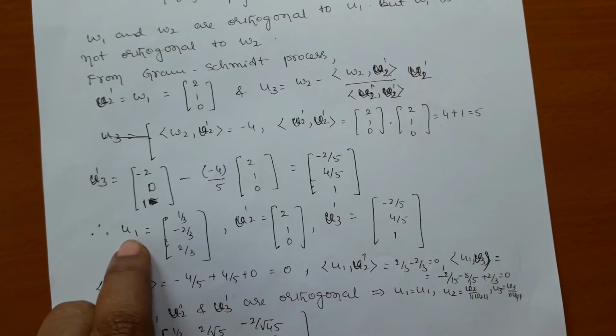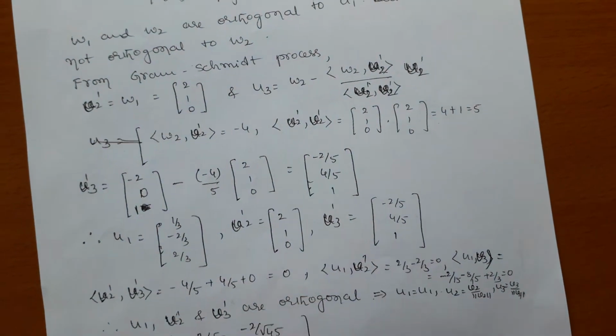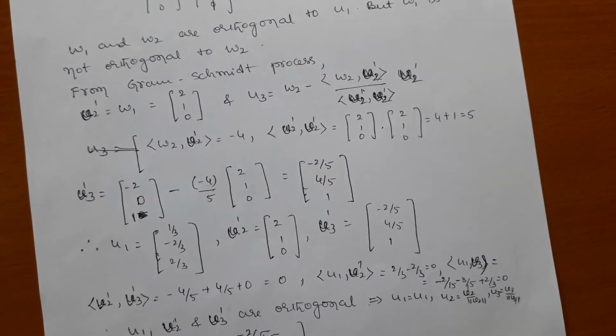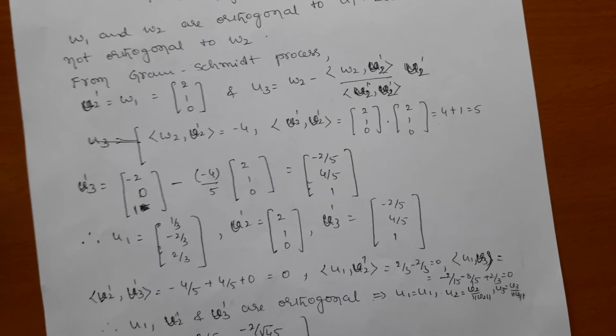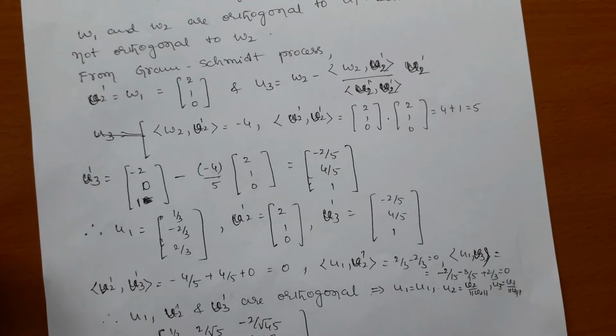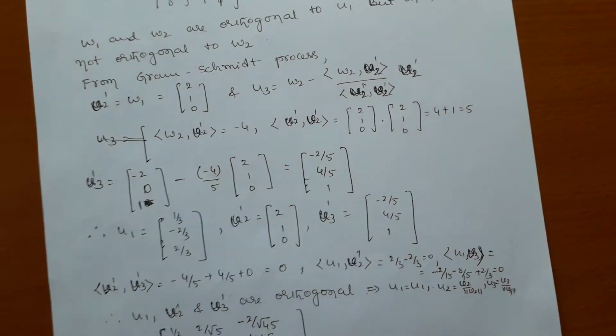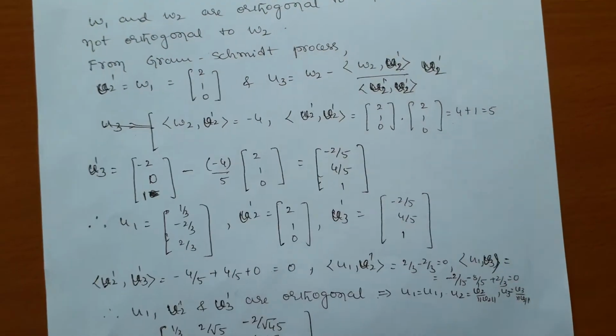Then finally we get our U1, V2 prime and V3 prime. Don't get confused, don't take U1. U1 is already orthogonal to W1, W2. Pick W1, W2, fix W1 as V2 prime, and find V3 prime with the help of W1. Therefore we get only one term. Don't write it along with U1 also.